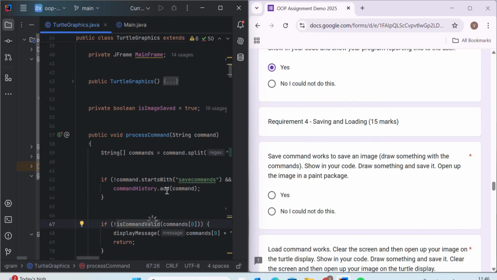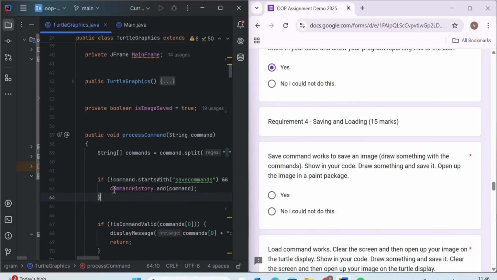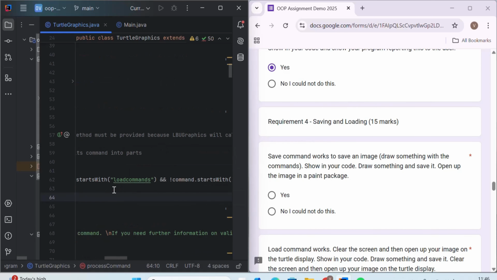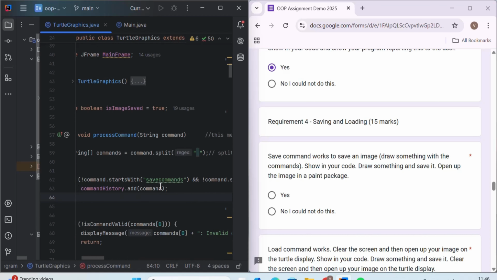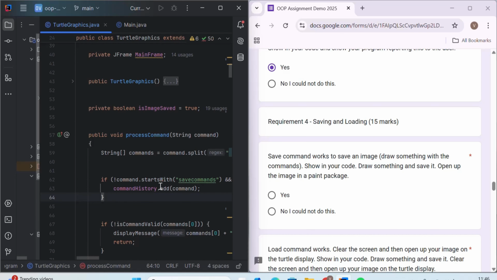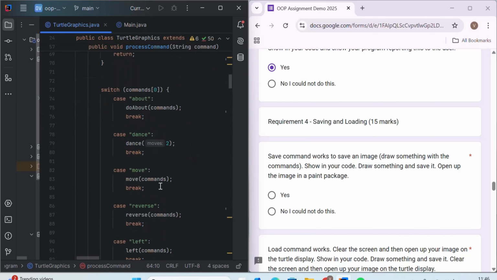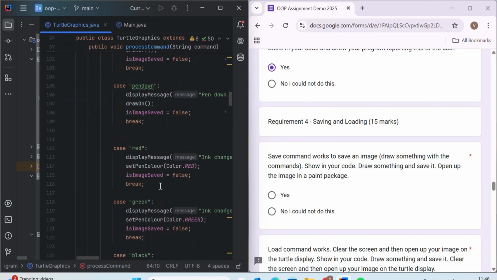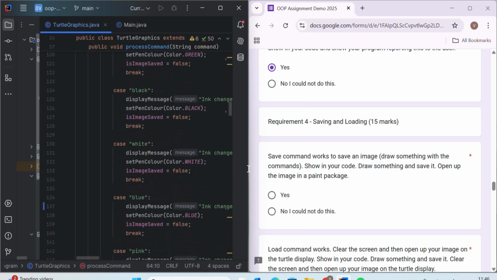I made sure that when the user types commands such as save commands, load commands, save image, load image, whatever, those commands aren't saved into the array, just so that it doesn't cause any errors or interruptions later on in the program whenever they're loading the commands, just to make the experience better. And now I'm going to go run my